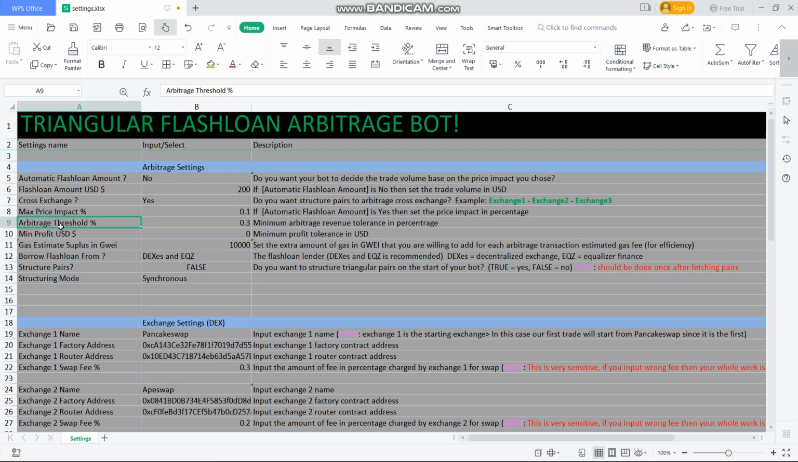So for arbitrage threshold, we explained max price impacts. So for arbitrage threshold, this is the minimum arbitrage profit in percentage that you want your bot to execute. For example, you are saying if the arbitrage